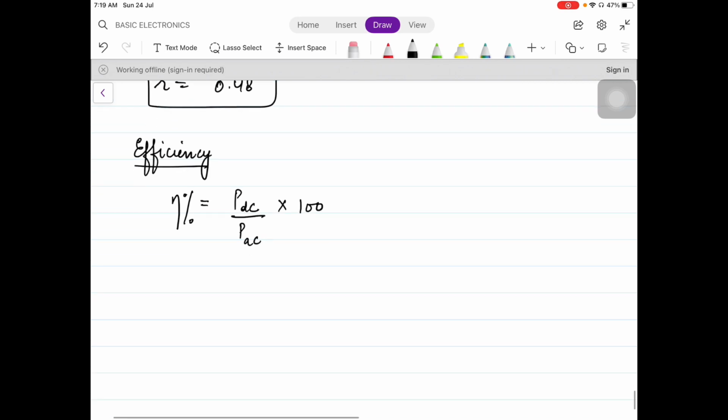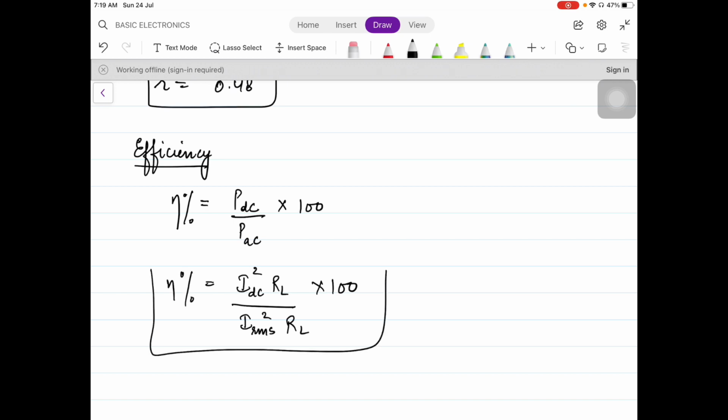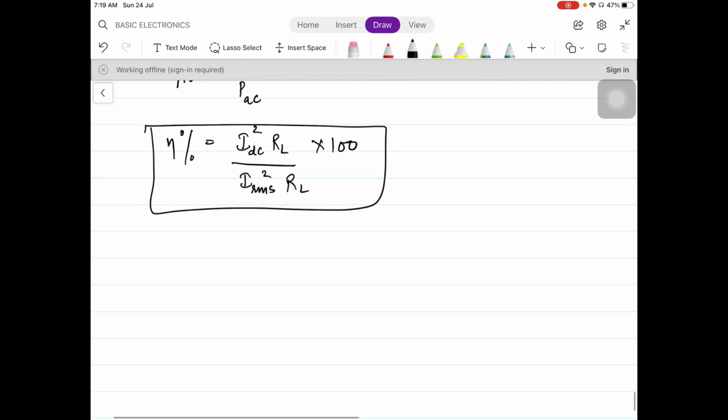Alright, so the DC power formula is I square R. DC power is IDC square RL, and AC power is IRMS square RL. So this is the general formula for the efficiency percentage. Very easy to remember. Now if you want to calculate the half wave rectifier efficiency,